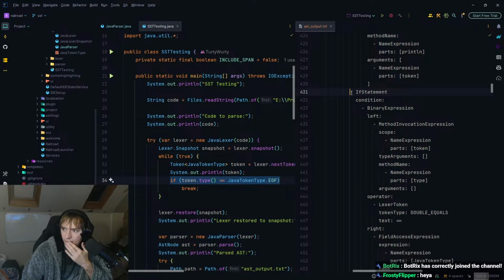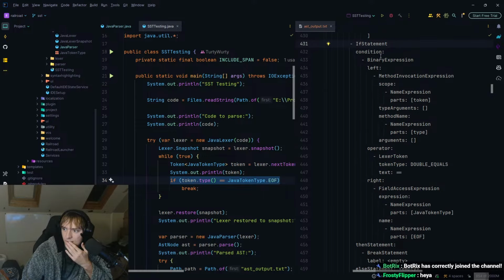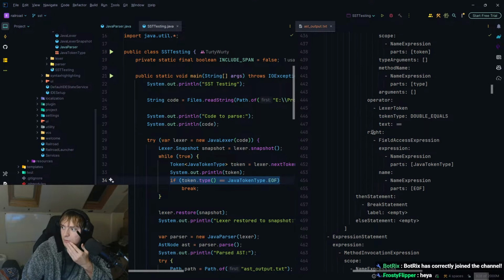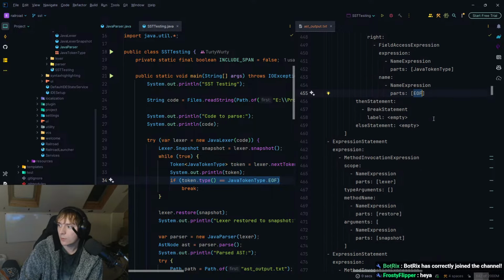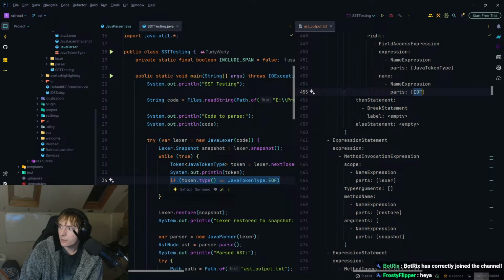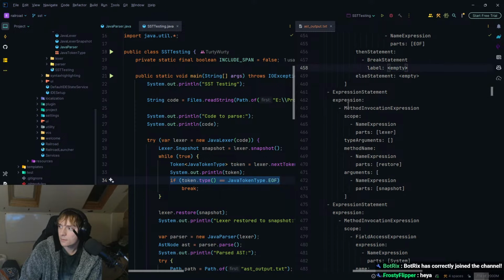Then we have an if statement, which is a binary expression. And the left side is a method invocation, so token.type, operators double equals, and then the right hand side is a field access expression, which is Java token type.uf. That's correct as well. Then we break, that's correct.